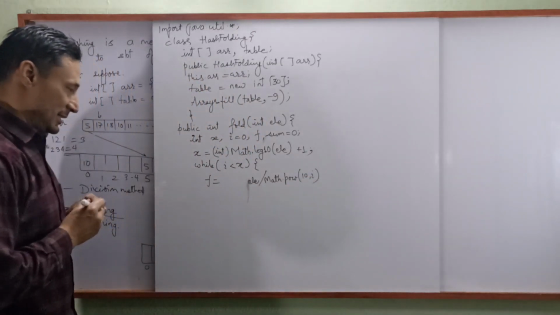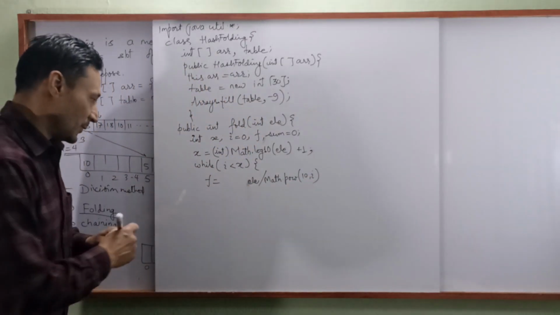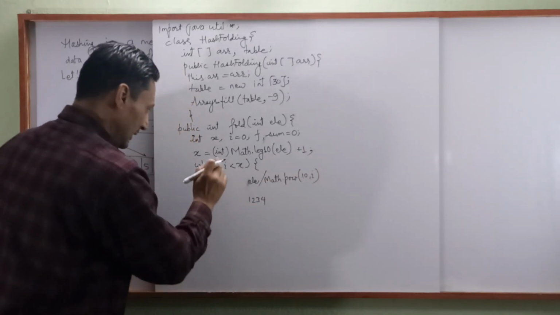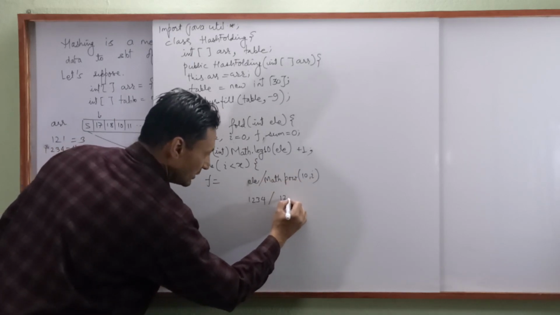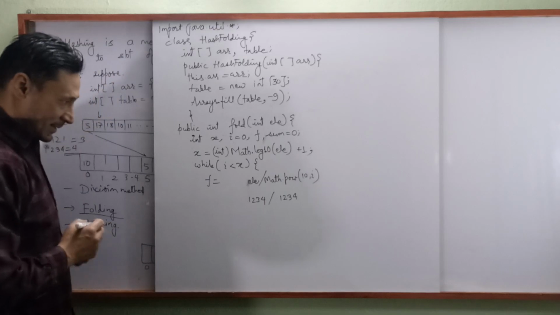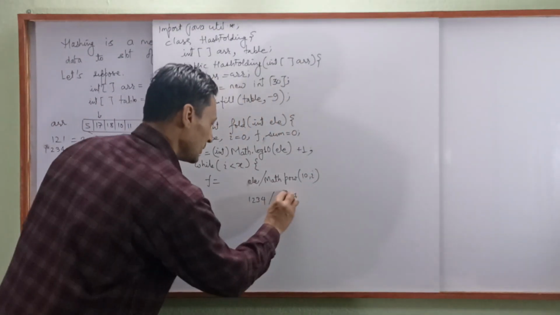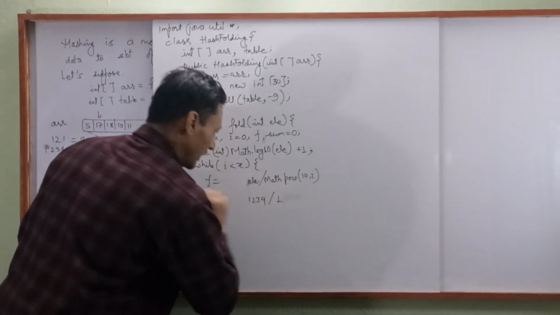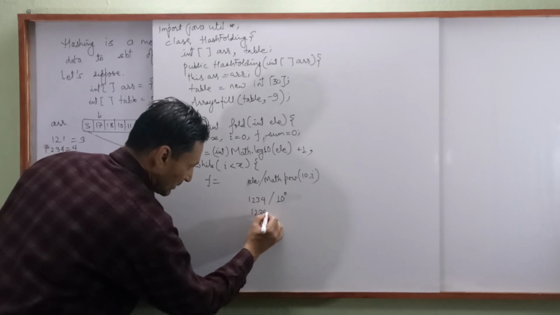Now what this will do is, suppose the number is 1 2 3 4. Math dot power 10, initially I is equal to 0, and the number is divided by it. Sorry, mistake, this is 1 2 3 4. Now this will become 1, 10 to power 0, and this will become